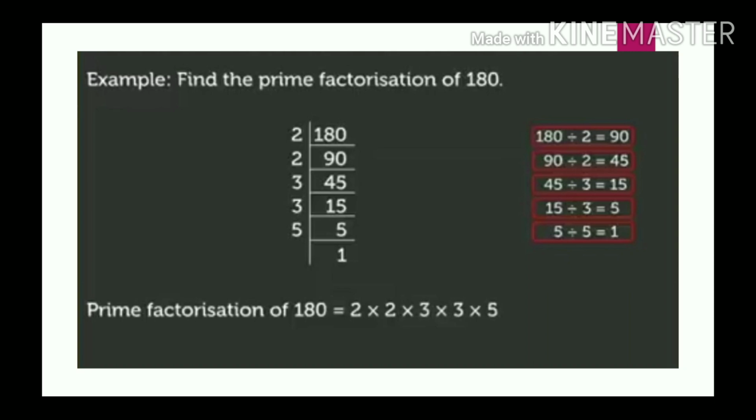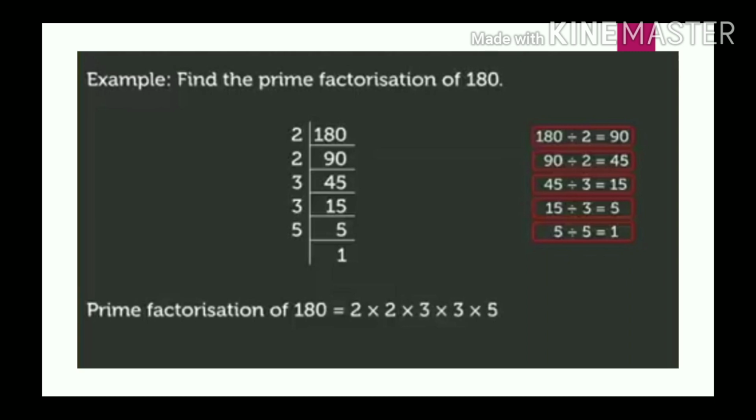Again we have to divide 90 by the smallest prime number, and as 90 is an even number, we can divide this by 2. After dividing we get 45. Again we have to divide 45 by the smallest prime number, but here 45 is an odd number, so it is not divisible by 2. So we take the next smallest prime number, which is 3, and 45 is completely divisible by 3,